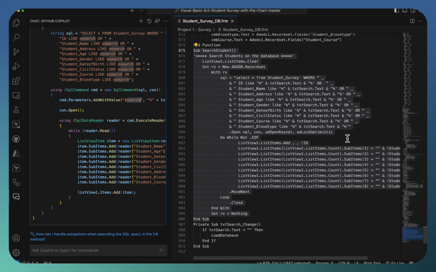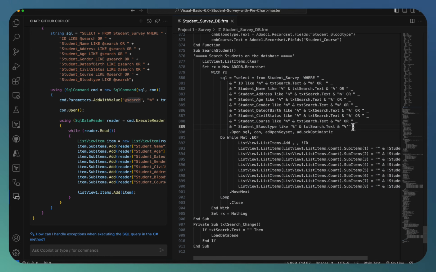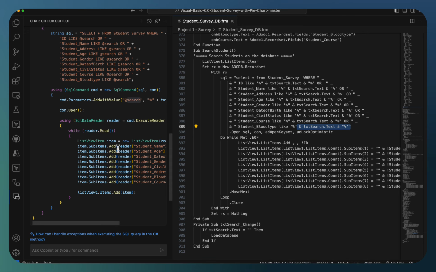So if you look here, the search text is part of the select statement itself. But adhering to the C# standards, passing search text as part of the SQL directly is a SQL injection. Instead of that, we need to pass it as a parameter, with a proper parameter defined as part of the select statement. So Copilot is taking care of that SQL injection aspect,